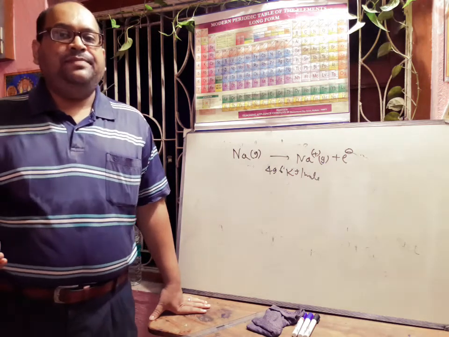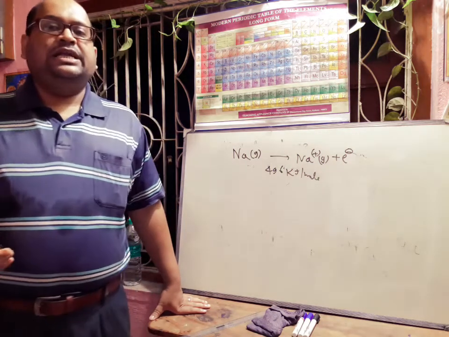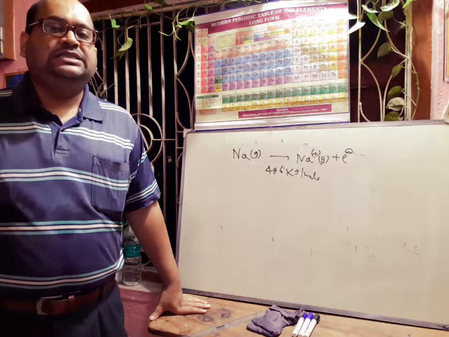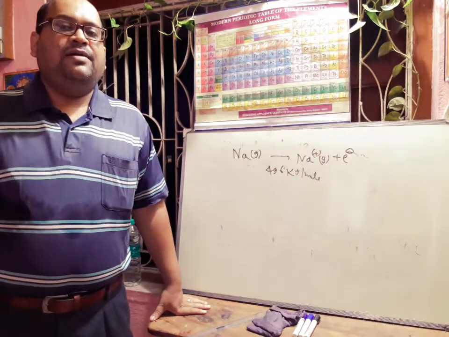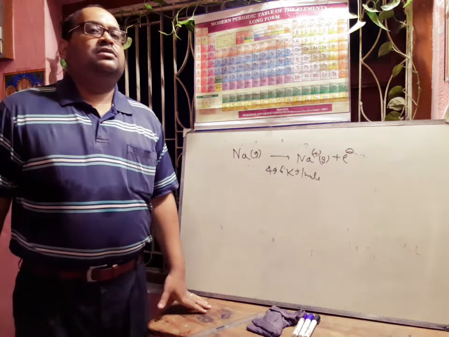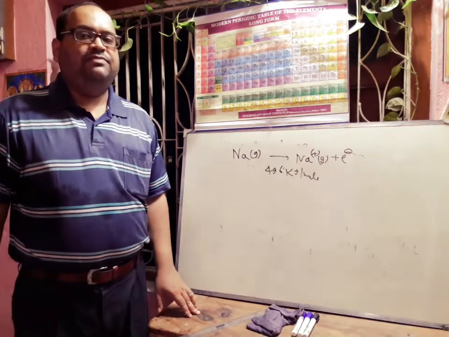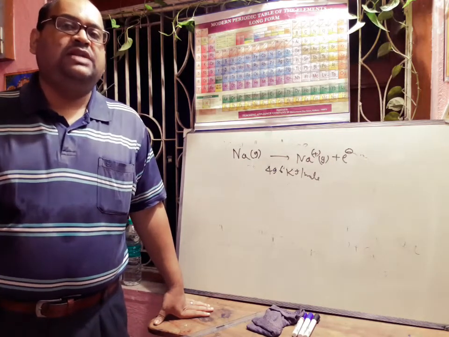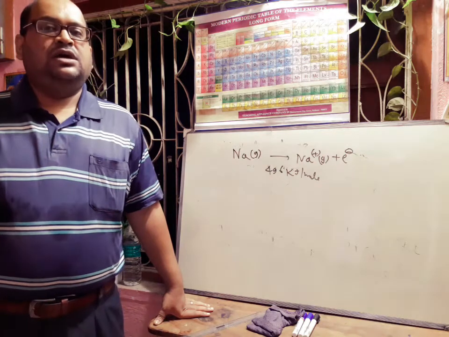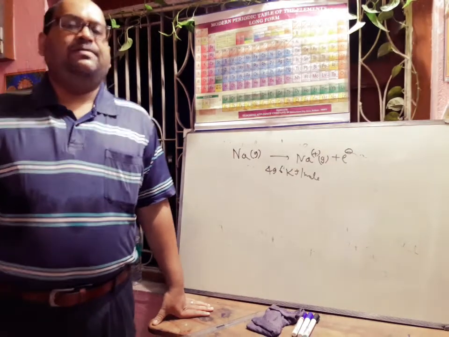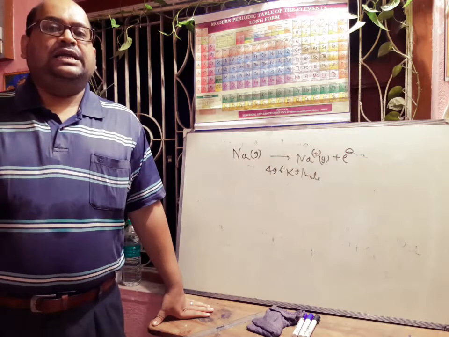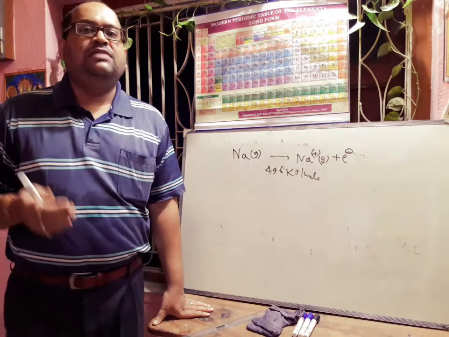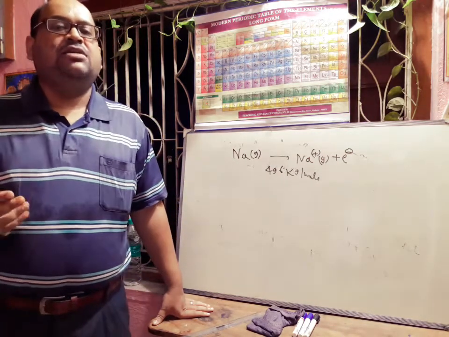Now ionization energy decreases with increase in atomic size, because with the increase in atomic size, the distance between the nucleus and the valence shell will increase, and if we increase the distance, what will happen? The attraction force between the nucleus and valence electron will decrease, so ionization energy will decrease. Next, we will discuss the screening effect or shielding effect. The reduction in force of attraction by the shells present between the nucleus and valence electron is called the screening or shielding effect.